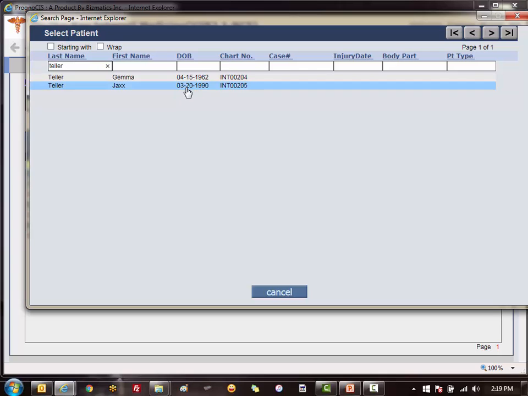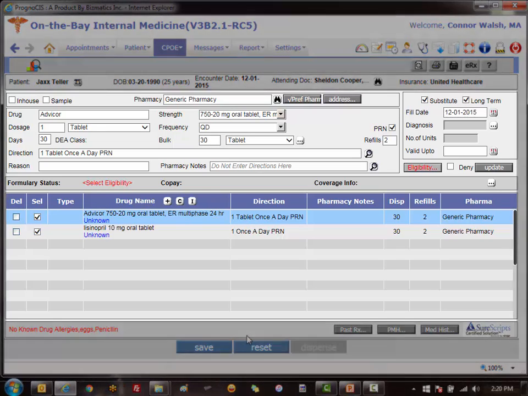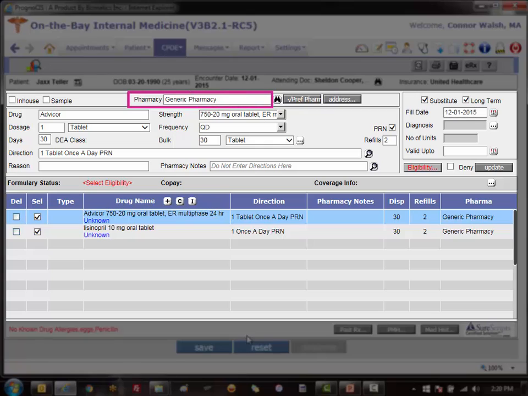Suppose that Jax has made a phone call. He doesn't need to see the doctor yet, but he does need some refills called in. This would be the most direct way of doing that. Now, in my case of Jax, since he's an existing patient, notice that my screen is already populated. From the top, I have my pharmacy chosen, and down here below, I've got the drugs showing,